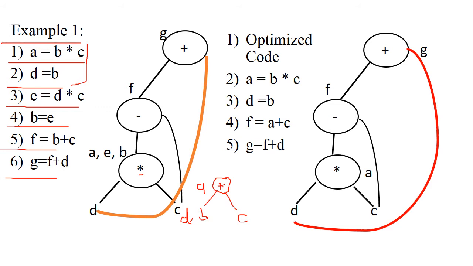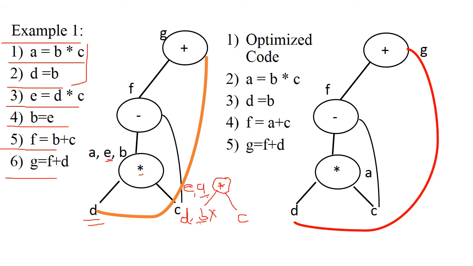Now D is here because D is added. D multiplied by C, this value is already stored at the node A. So it is not required to add a new node. Here we have to just write down the E. Now next one, B is equal to E. Assign the value of E to the B. So, okay, now B is being calculated, so we have to eliminate B from here and we have to add it here. Means we have to add E is equal to D multiplied by C and B is equal to E. So that's why from here at the last D is there.